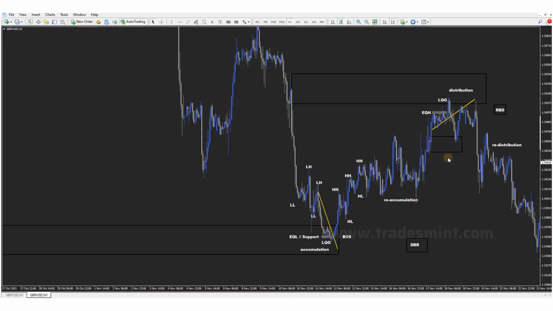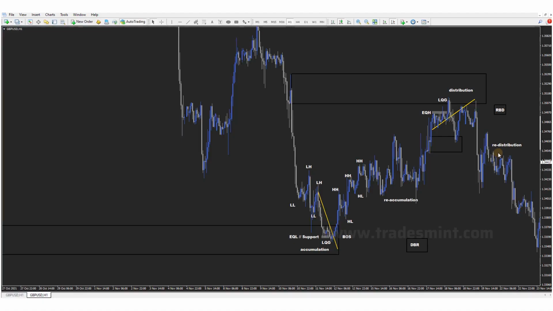Here also marked, because it was very clean, another distribution. Price came to the supply, creating the equal highs as a resistance with beautiful and clean liquidity grab, a big powerful move to the upside, and then was the break of structure. And the next range after distribution is called redistribution. So a very short overview about my terminology which I use in the videos, because a lot of times I got